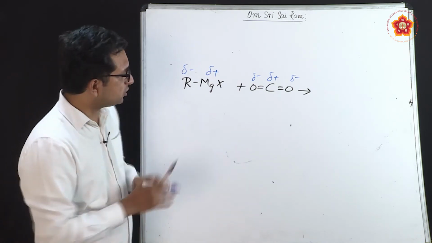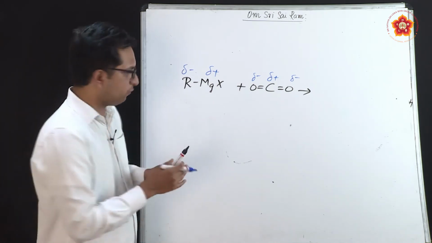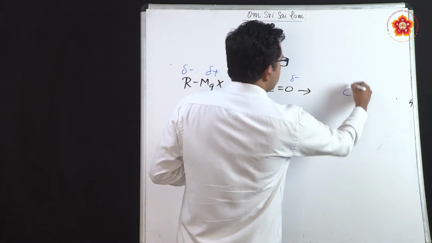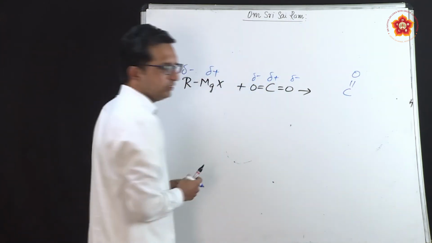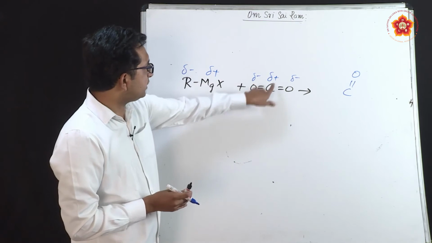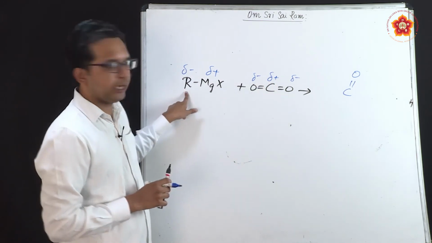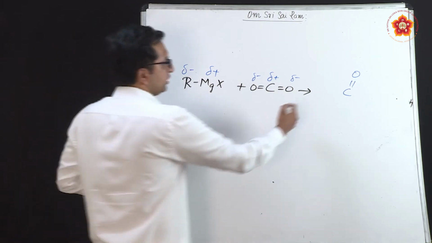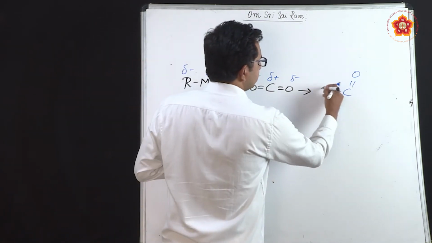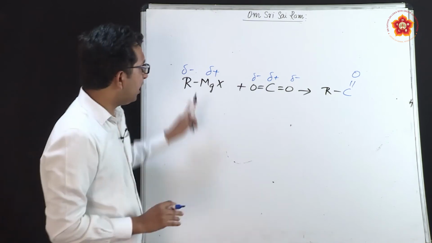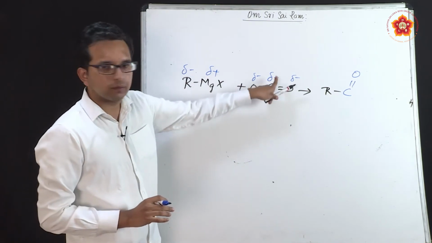So, what we will do here is one side we will keep it as it is for stability. So, C double bond O, suppose if it is as it is. Now, this carbon is a positive part. So, who should attract to the positive part? Negative part. So, who is the negative one here? R is the negative one. So, let me bring and attack R to the electrophilic carbon.